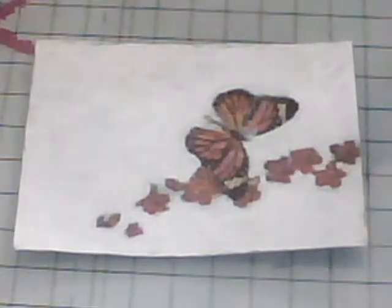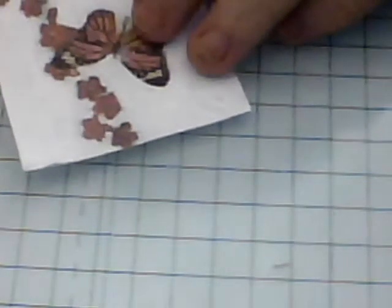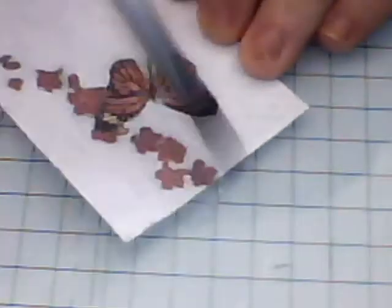So, first of all, I'm just going to wet over the top of the image, and that will dampen some of the acrylic, but it's fine. It just means when I go in with the pencil, there's a little bit of moisture there. So I'm just dabbing over it a wee bit,